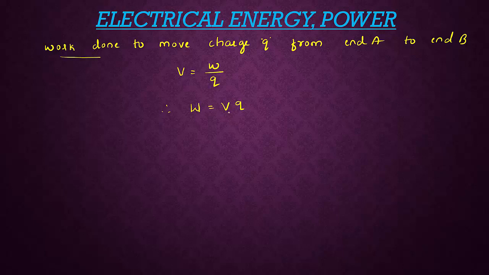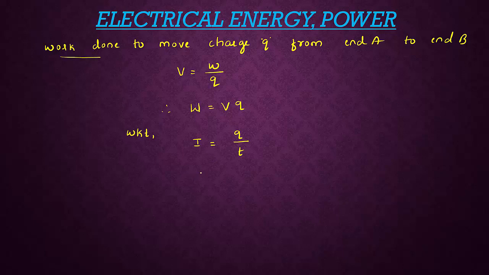When an electric field is produced, the charge starts to move. So W equal to V into Q. Now I can consider electric current. How do we define current? We know that electric current is the flow of charges per unit time. So we can write I equal to Q divided by T. We already know that equation. Now I am going to write the above equation, W equal to V into Q.